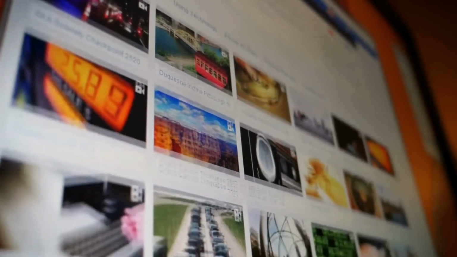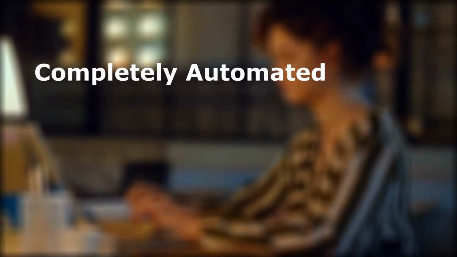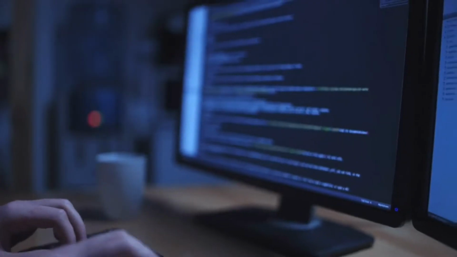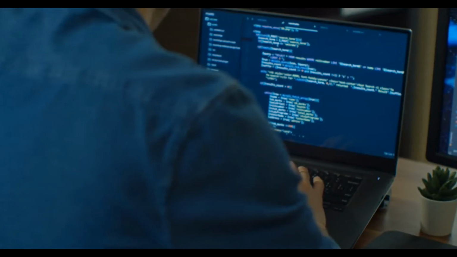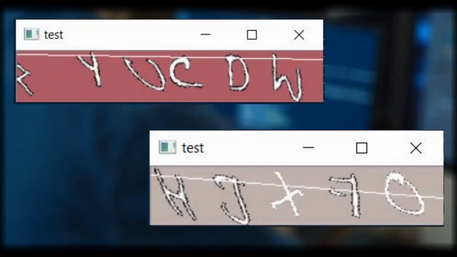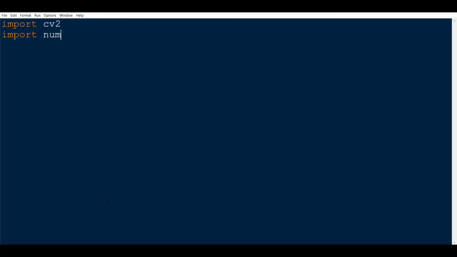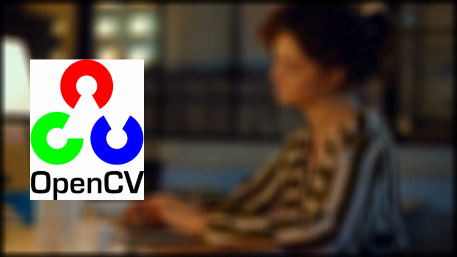All throughout our internet browsing lives, we have come across many of these. These are called completely automated public Turing tests to tell computers and humans apart, or in short, Captchas. In this video, we are going to create Captchas just like these, using images and Python. At the start, you'll need to import some of the required libraries, which are OpenCV for image manipulation, NumPy, and